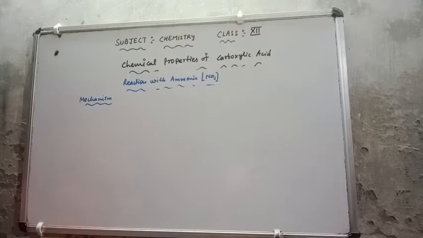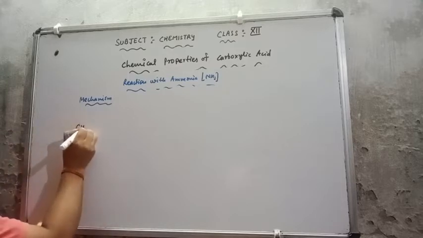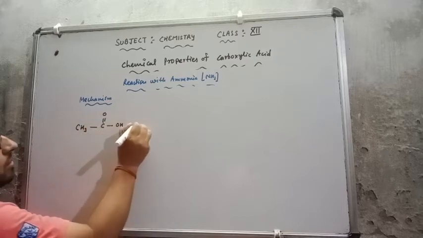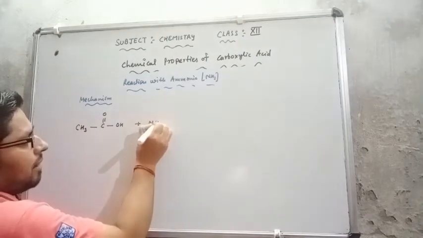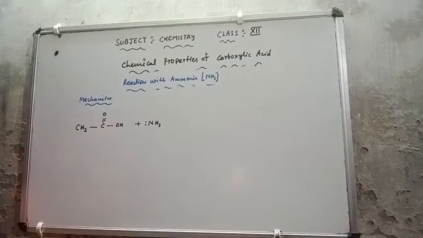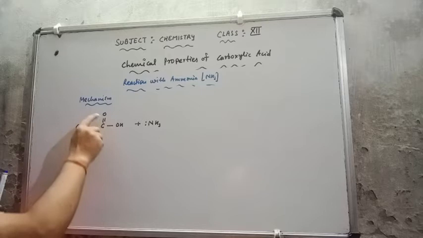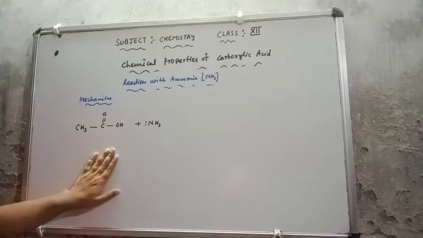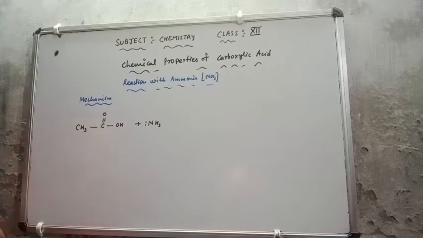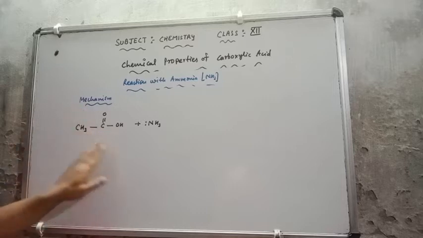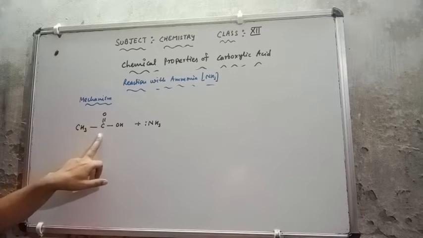So, very simple, suppose I'm taking here a carboxylic acid, CH3 single bond C double bond O single bond OH, and the ammonia is this NH3. This is a lone pair. Again, you can check on this carbon, two oxygens are attached, on both sides, which are more electronegative, so easily they will take the electron to the right side. So on this carbon the electron density will be less, so I can say that this is an electron-seeking carbon.